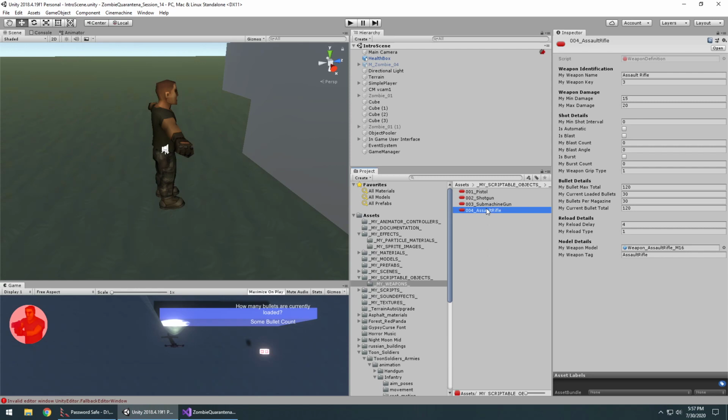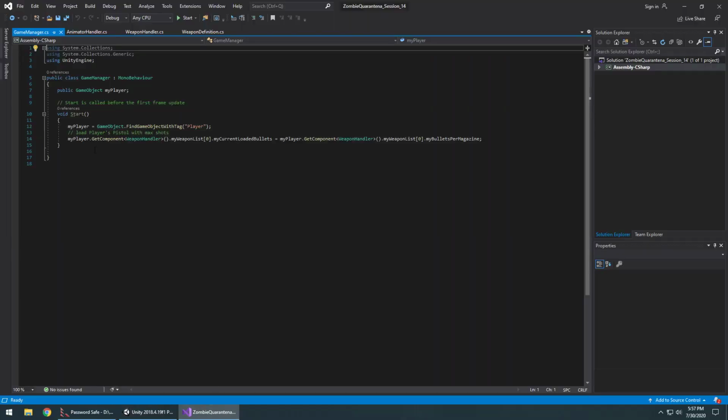And I want it to set them every time to these values every time the game starts. So come back in here. This is in the game manager. We're not going to change the my bullets per magazine for each weapon in between games. But what we are going to do is change the current number of bullets that a player has for a given weapon, and the number of bullets that are currently loaded for a weapon. So instead of just explicitly setting just the current loaded bullets for the pistol,